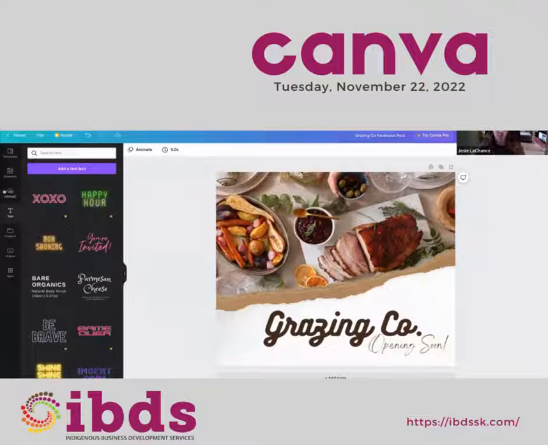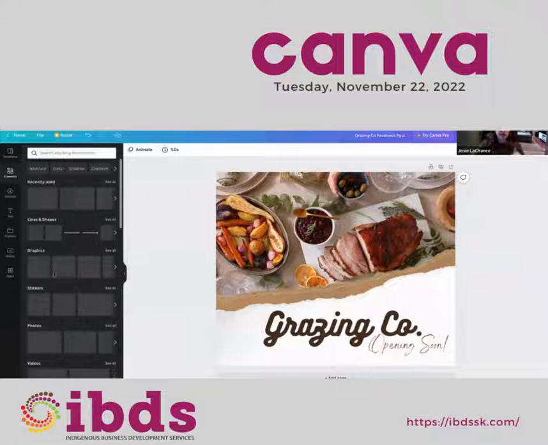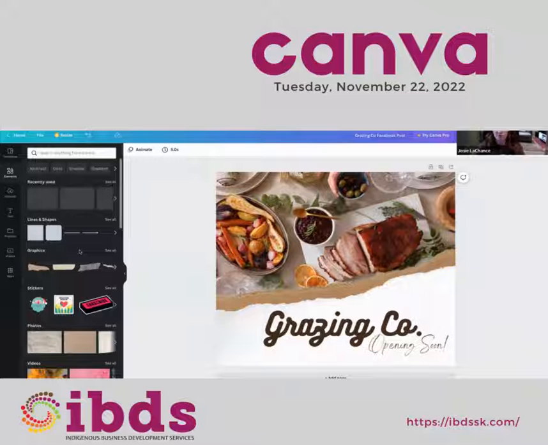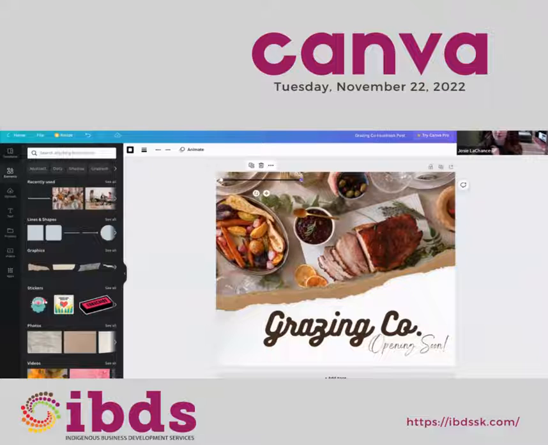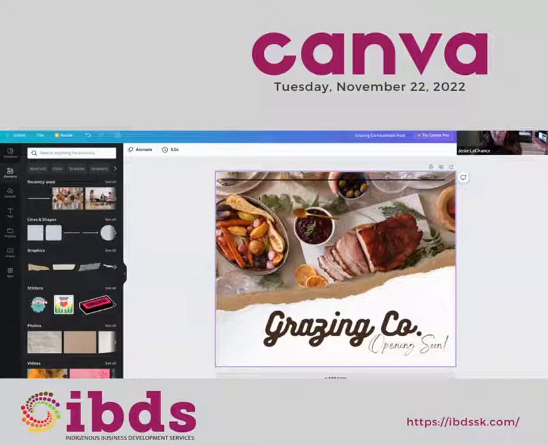If you look over in the elements, there's lots of things that you can add to your image to make it feel more full, or if you want to add a border, you can grab some lines, pull them across, and make your own border.